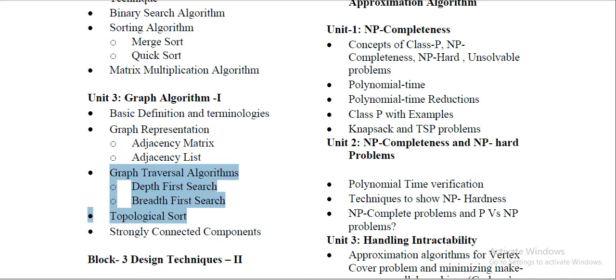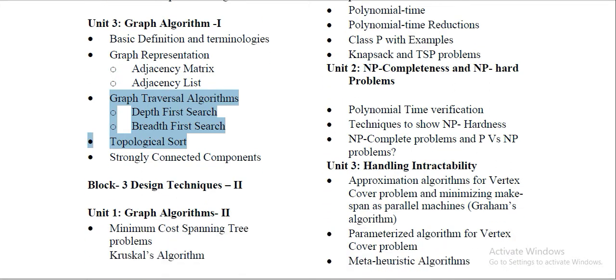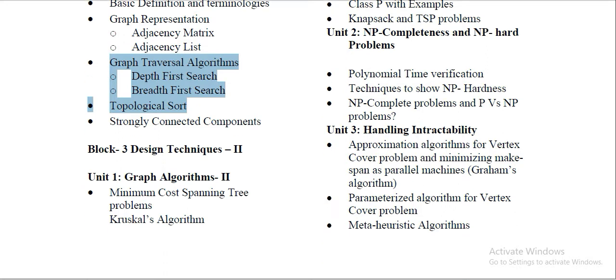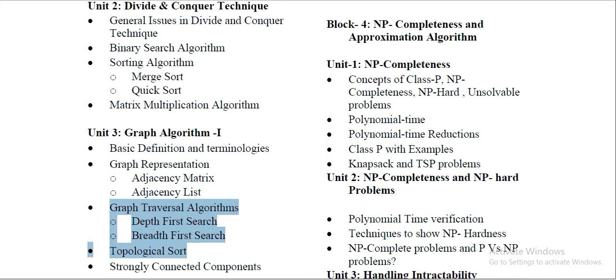because as I am discussing only the important parts, from these portions most of the questions are asked, right? And when I talk about block 3, it covers the concept of minimum cost spanning trees, and also discusses the 2 algorithms which are very easy, Kruskal's and Prim's, right? Then it comes to block 4,